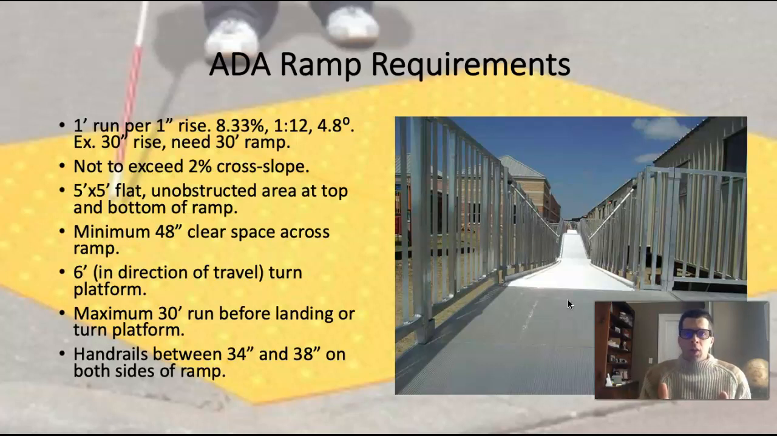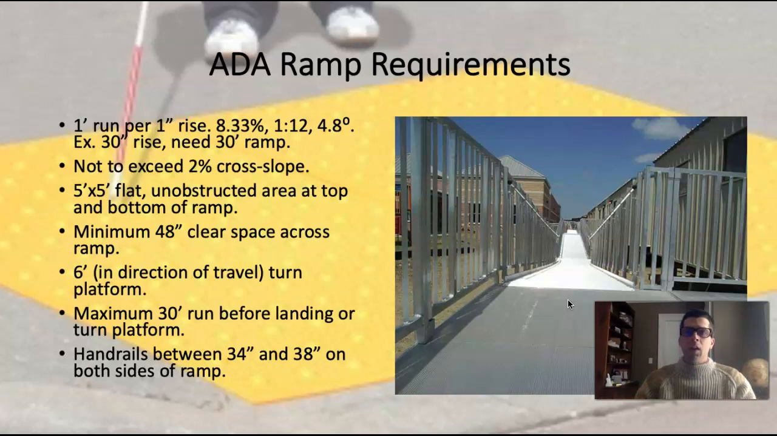Whenever there's a turn in the ramp, you need to have a 6 foot wide turning platform, okay, in order to make that 90-degree turn. You can only have 30 feet of run on your ramp before you have a landing or a turn platform. Okay, you can't have 31 feet or more of straight run at 8.33%. Every 30 feet at least you need to stop and have a flat platform that doesn't exceed 2% in any